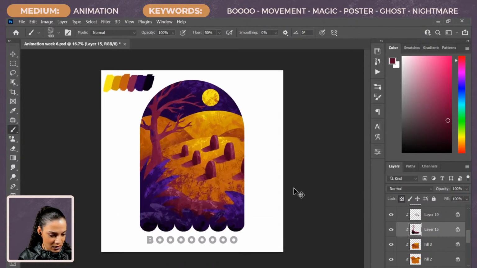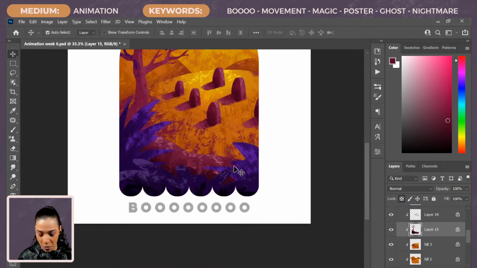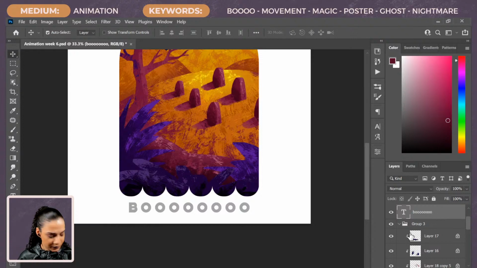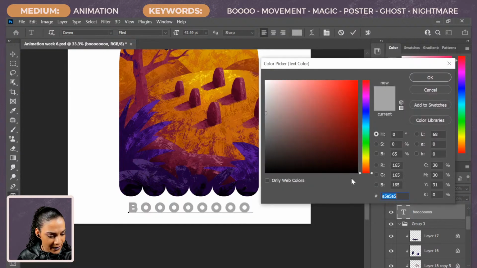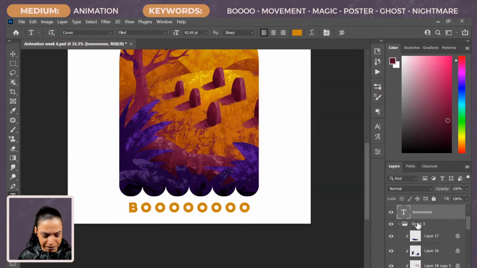And I think we also need to do that to our boo here. So let's change the color. I'm hitting T on my keyboard to select my font, and I am going to sample this orange. I think the orange would work well.